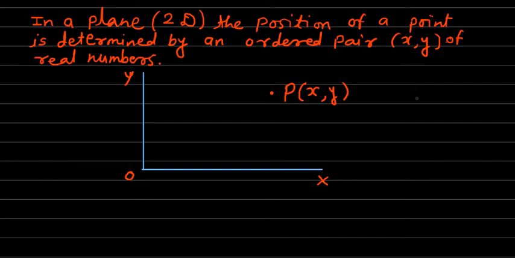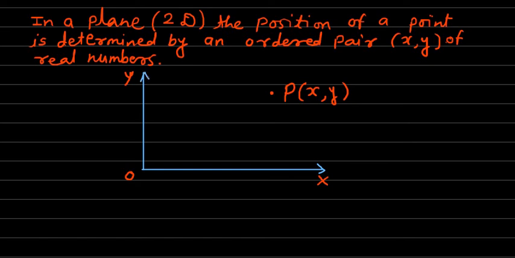Okay, so position of a point. Suppose we have, as shown in this figure, two axes. One is the x-axis and the other is the y-axis. I have drawn only the positive directions of the x and y axes. There may be negative directions too. Obviously, we know that they are lines, which means they extend up to plus infinity and minus infinity. So we are considering, first of all, only the positive directions, means we are discussing the first quadrant at first.